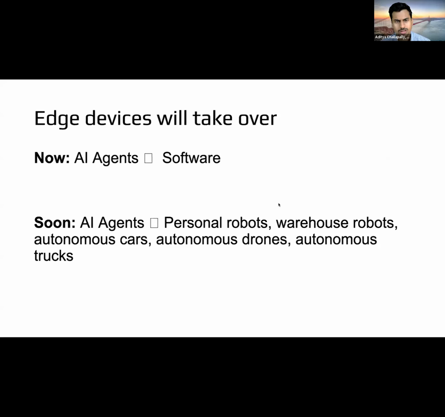So I'll go through this really quickly. Currently, when we think of AI agents, we think of them in terms of software, like interacting with web apps. But in the next 2 to 3 years, we're going to start seeing hardware take over significantly. So we're going to see personal robots. We're already seeing warehouse robots, autonomous cars, autonomous drones. And if you go to the next slide,